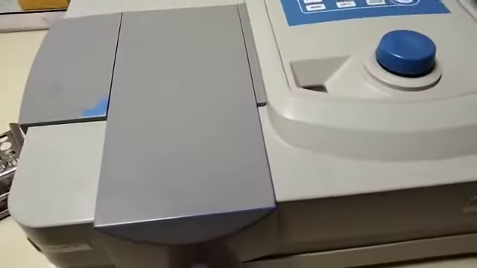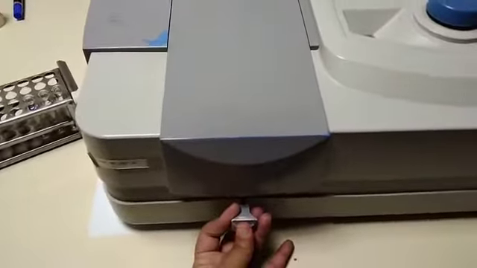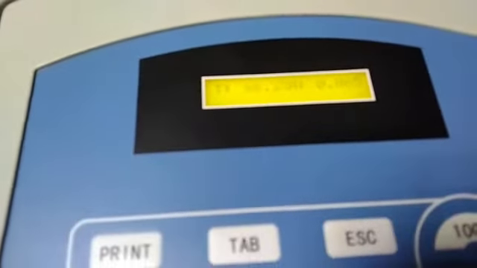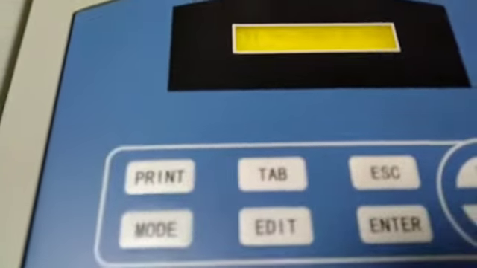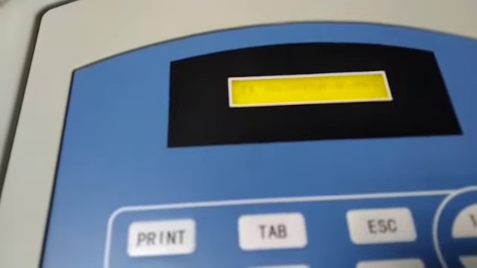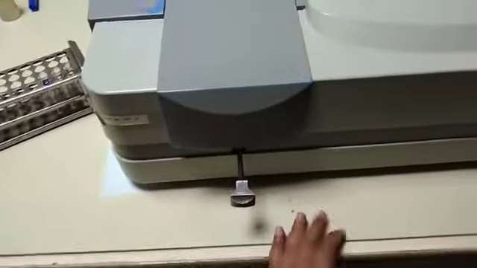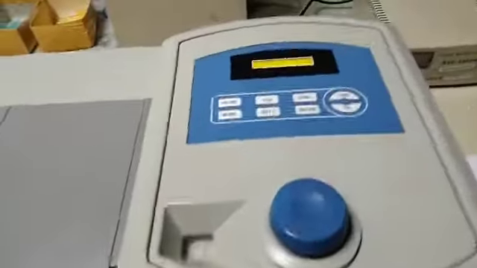Now you are doing it for the standard. This is the second step pull. We can take the standard values. Now the absorbance of the standard will be 0.065. You will note down this absorbance, and finally on the third pull there will be the test cuvette in front of the light.